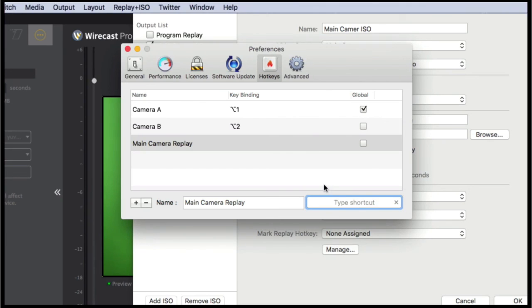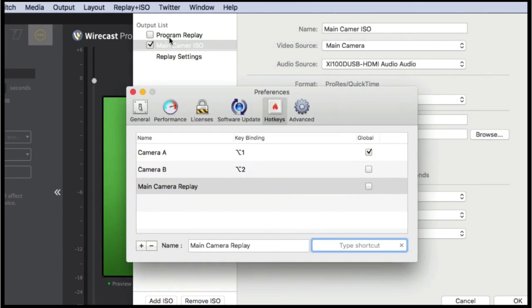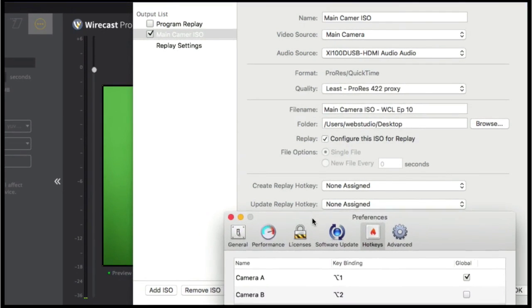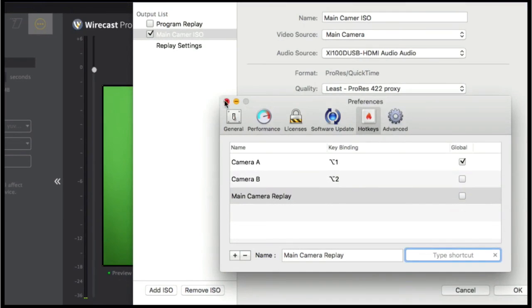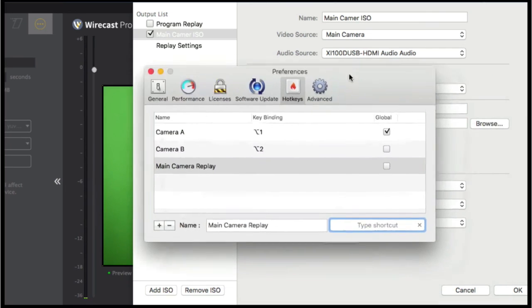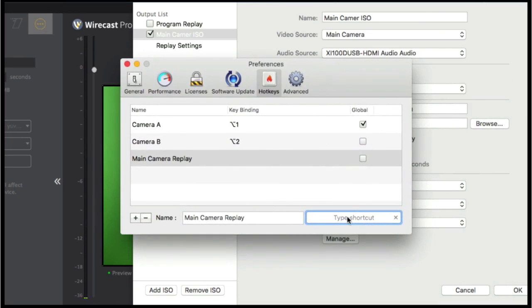Now, if I don't plan on making a normal replay, if I never plan on using a program replay, or if I just want this to be my main replay, I believe you can just update the replay hotkey. Actually, it may not let us assign this, because if we try to type a keyboard shortcut, it might tell us that R is taken. So let's just do Option R. So we have main camera, and we can make that global.